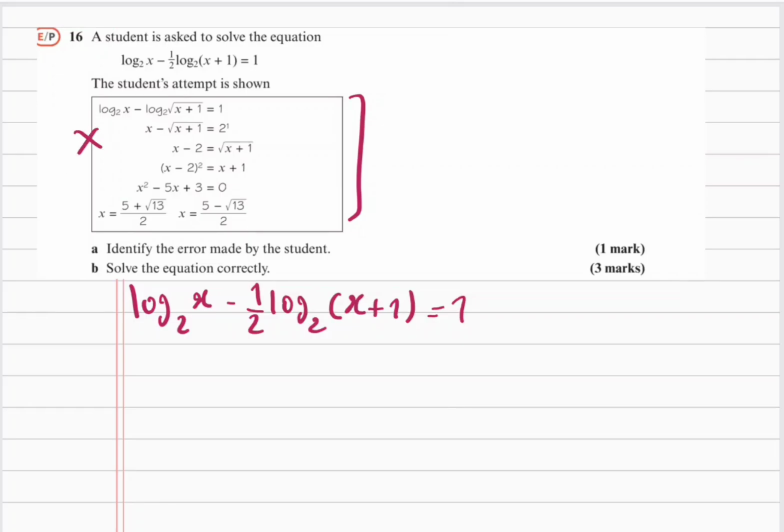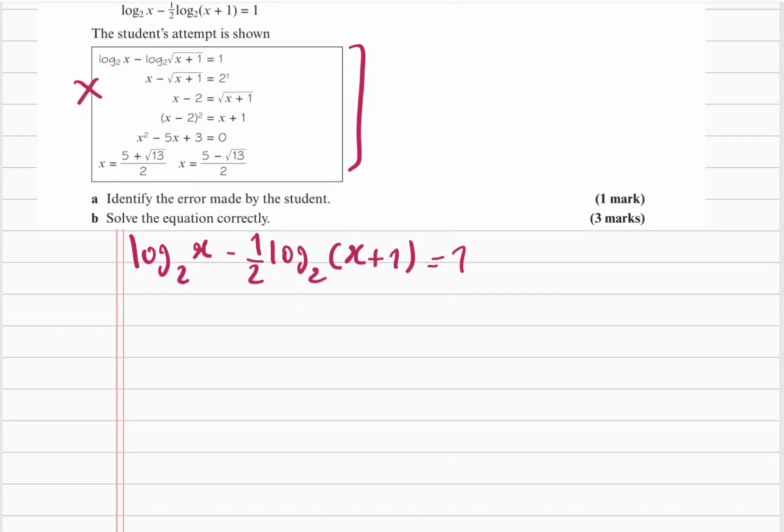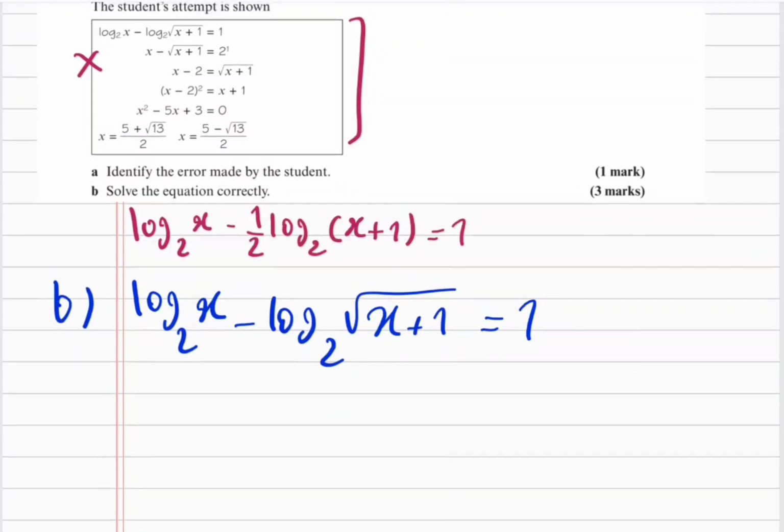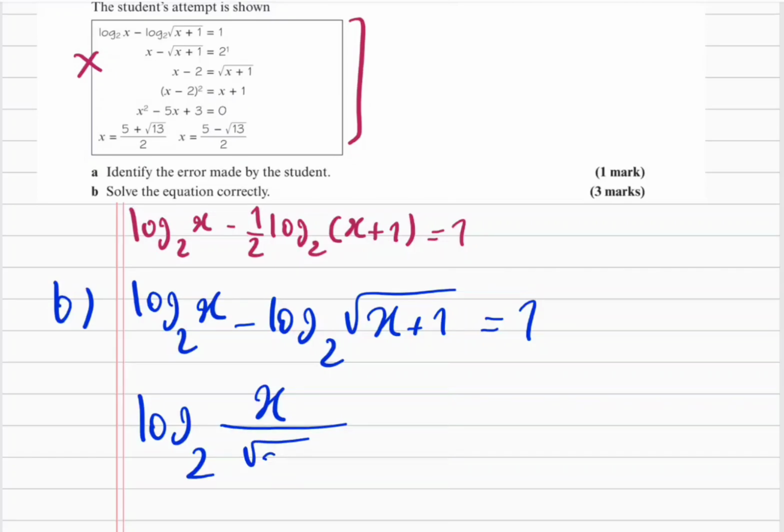Now in the second step, this is where the mistake is made, by the way. I'm just going to write this down because I'm going to do part B at the same time, because I think the best way is just doing this at the same time. So the first line is correct. Now in the second step, we should actually write log base 2 of x over root x plus 1 is